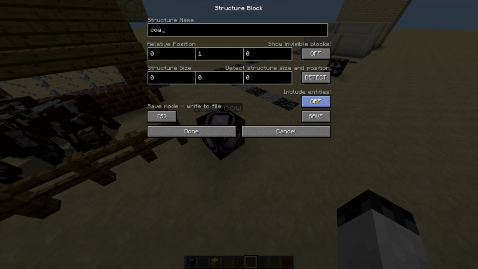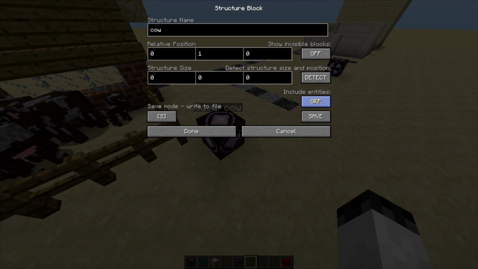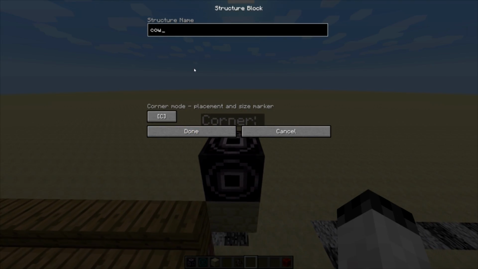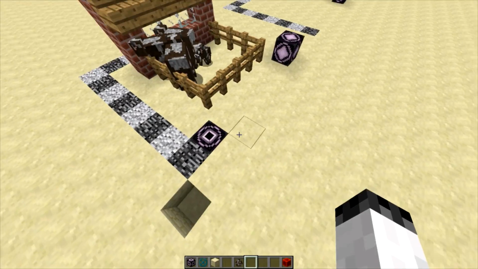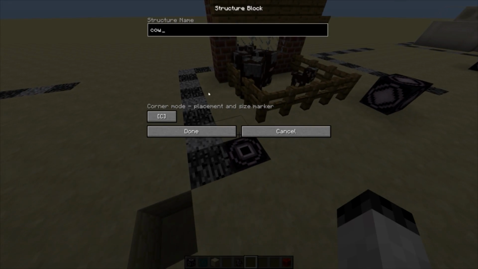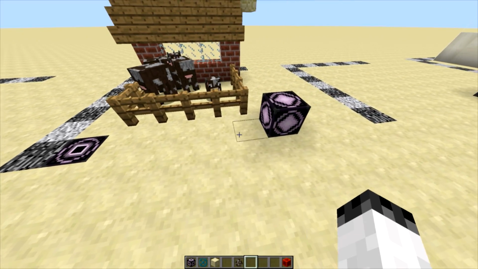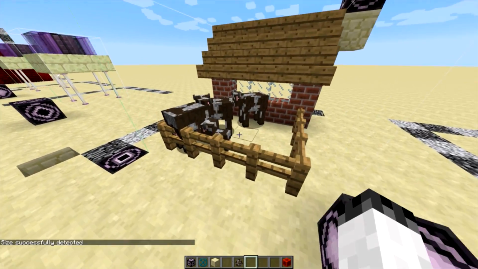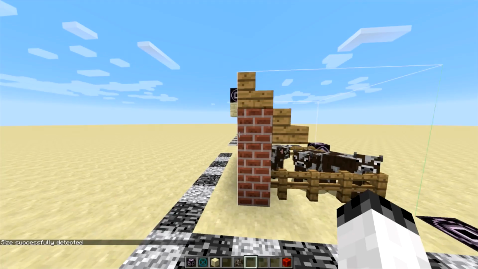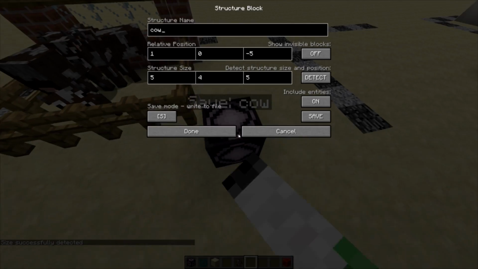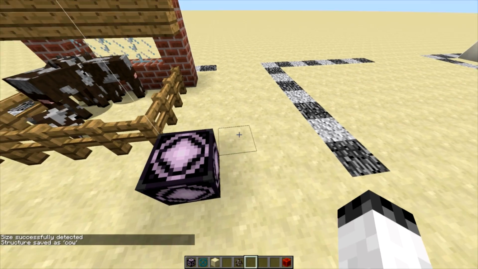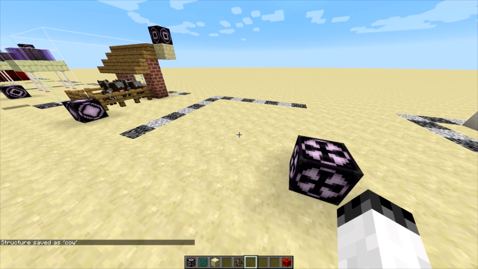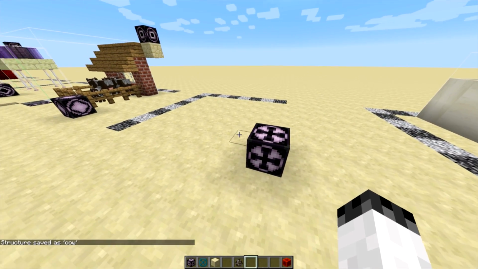And what you also want to do is check the include entities option, and then we'll go up here and do cow, and down here and do cow, and then basically you'll go in here, press detect, you can see the box around the cows, and press save. And now once you've pressed save, you can hop over here, and actually what I'm going to do is